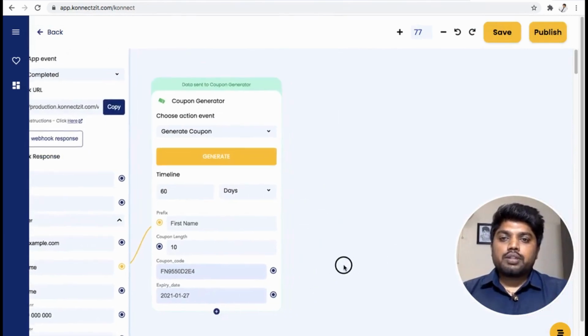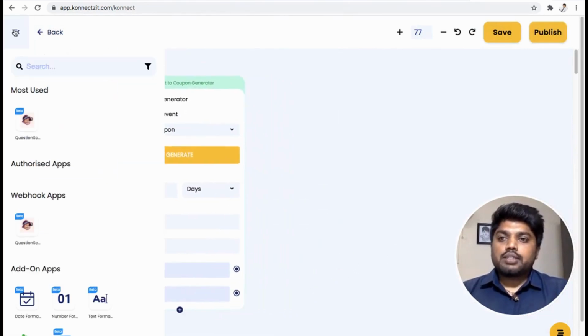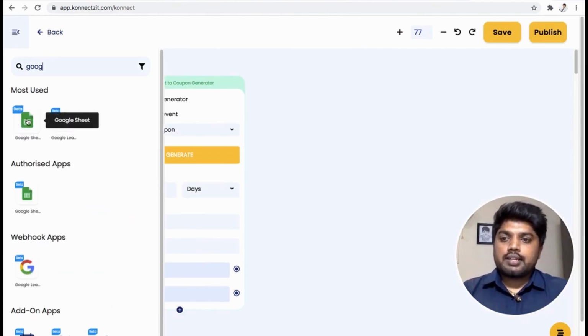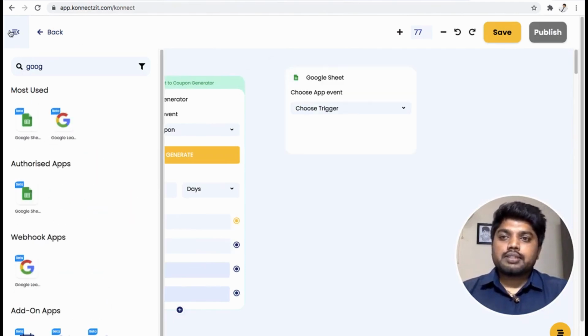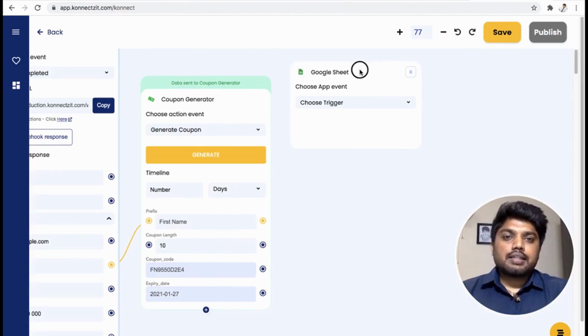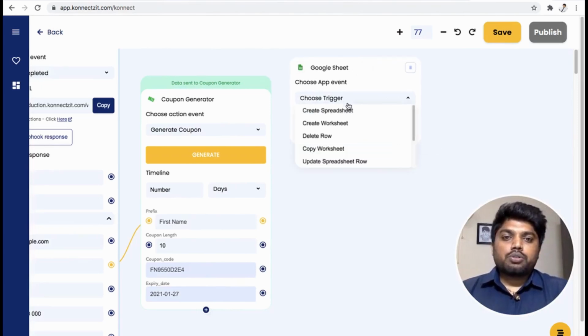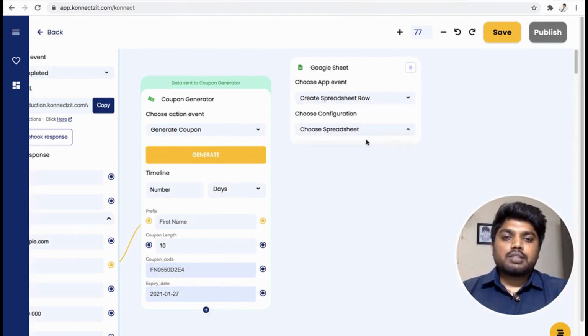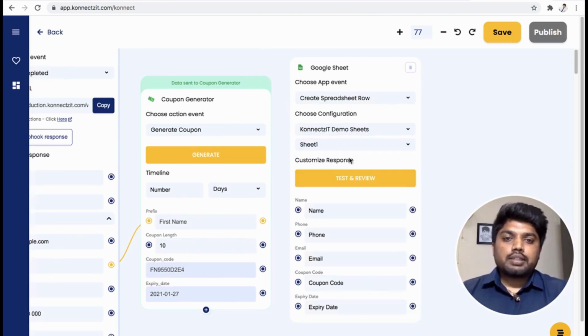Now I will take Google Sheets to store this data. Whenever a sale happens inside LeadCart, I'm going to select create spreadsheet row and select my sheet and add all the details.